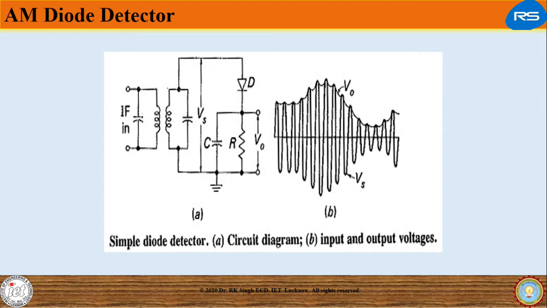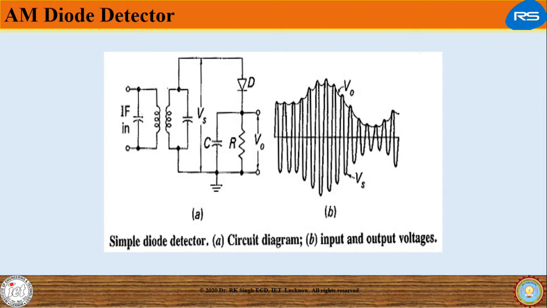That means input carrier voltage is disconnected from the RC circuit, therefore capacitor starts discharging through the resistor R with the time constant T equal to RC. If T is suitably chosen, the voltage across capacitor C will not fall during the small period of negative half cycle, and by that time the next positive half cycle appears.